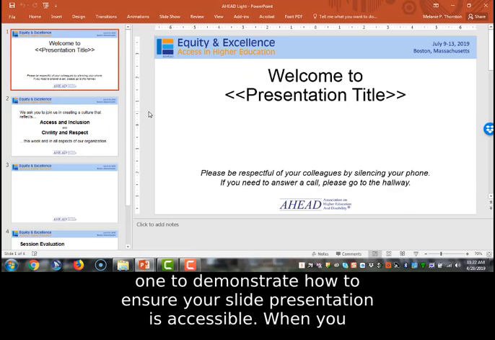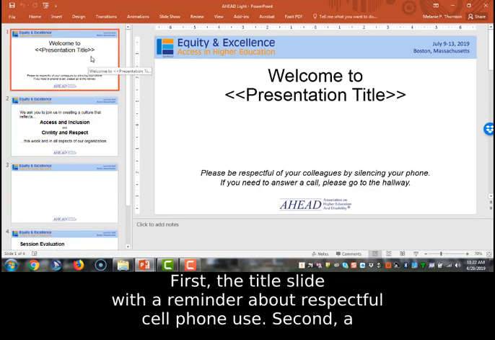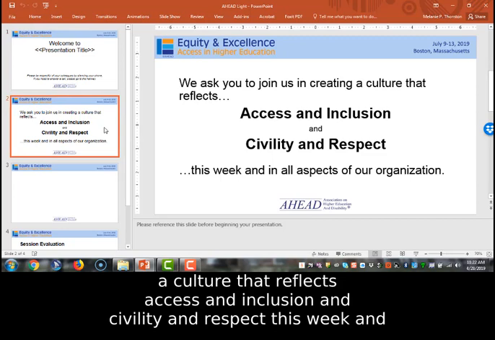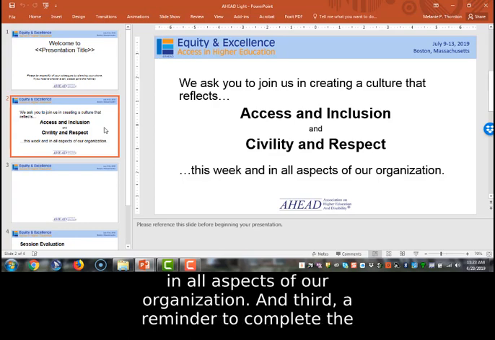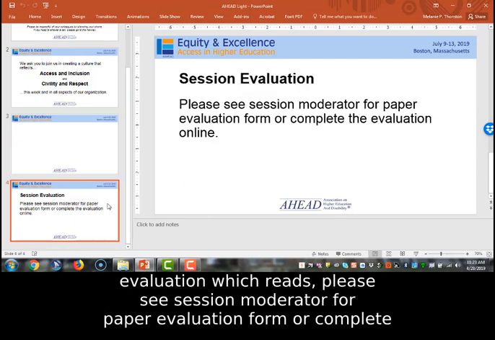When you download the templates, you'll notice there are a few slides already created for you. First, the title slide with a reminder about respectful cell phone use. Second, a statement about conference culture, which reads, "We ask you to join us in creating a culture that reflects access and inclusion and civility and respect this week and in all aspects of our organization." And third, a reminder to complete the evaluation, which reads, "Please see session moderator for paper evaluation form or complete